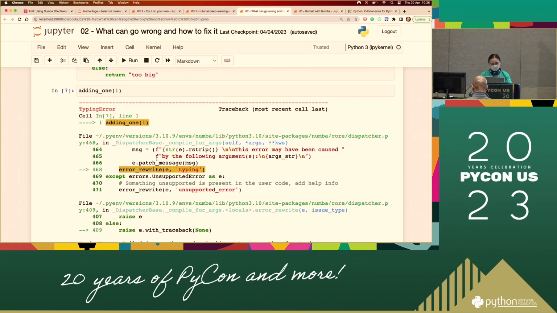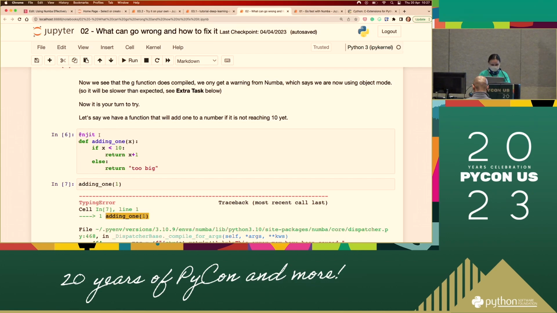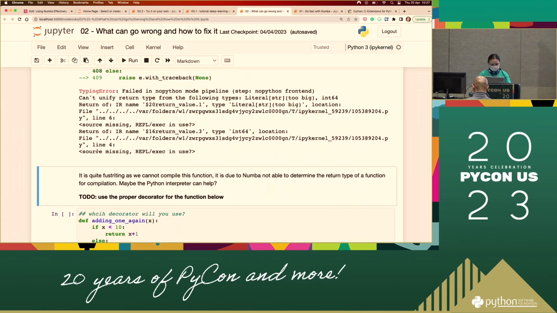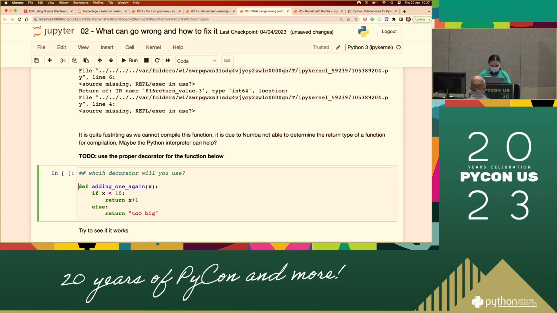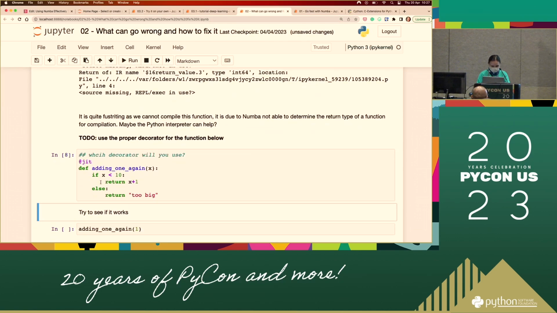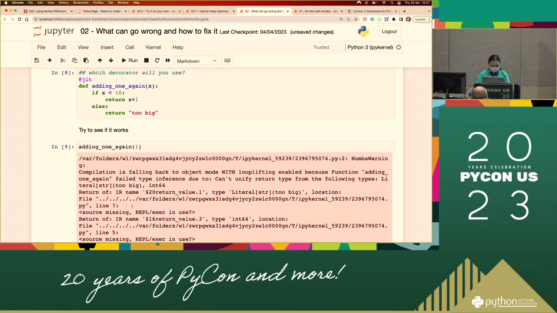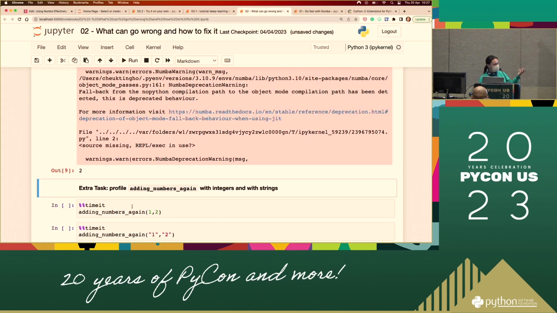So I assume people already guessed the result is to remove the n and use jit. If you do jit, I think I've imported it before, right? So it should be fine. And then if I run it, yeah, I get a scary warning, but it's not a scary error.